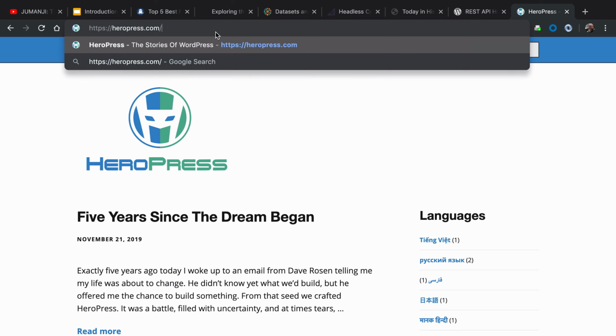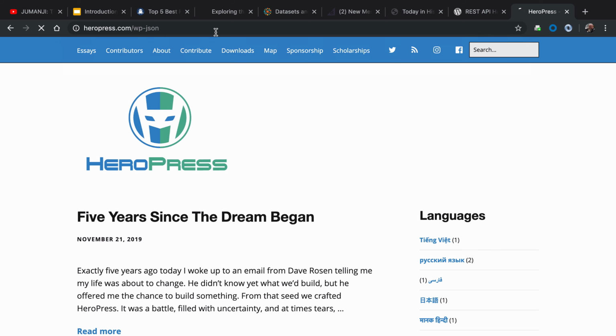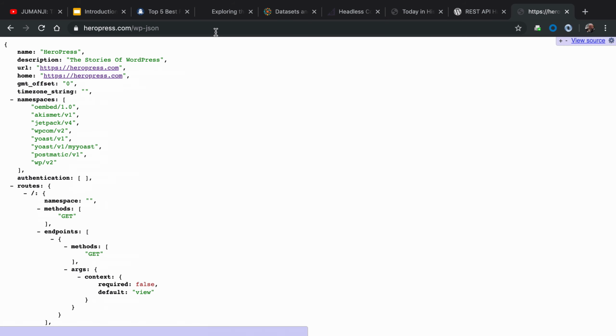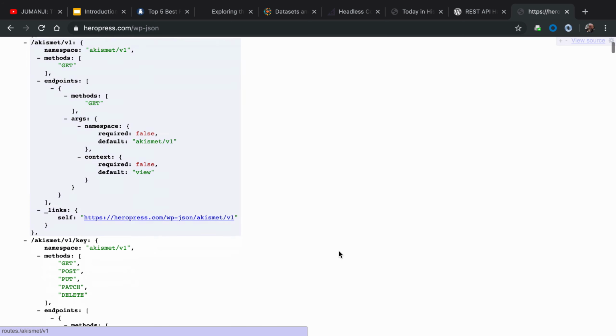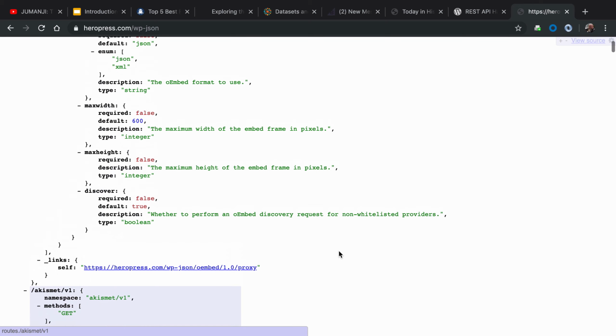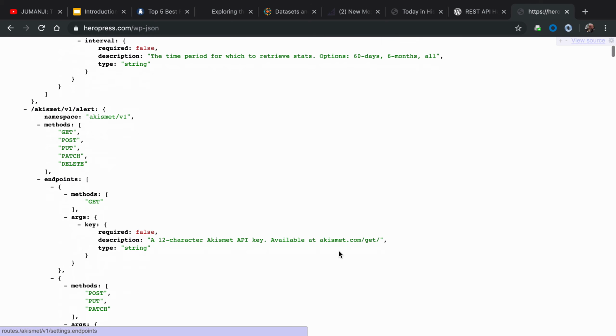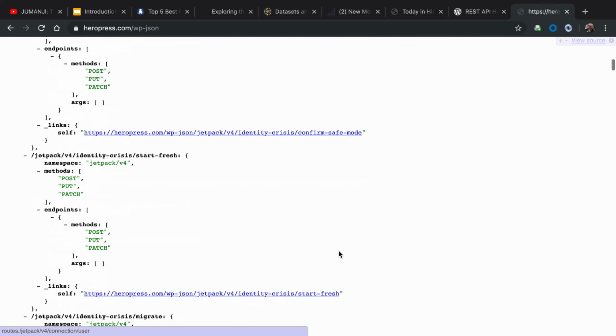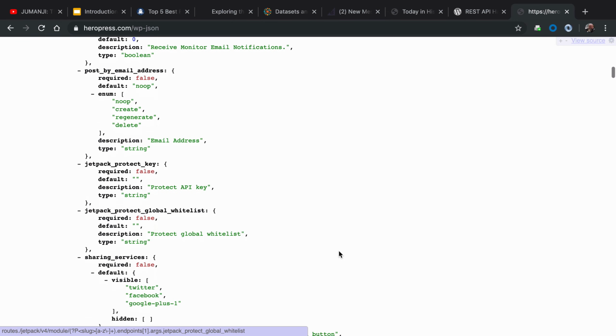If you go to /wp-json, there is basically everything, not just on this site, but about this site. You can see what plugins I have installed, all that stuff. Unless you turn it off, this is available for every WordPress site in the world. 35% of the internet is offering this data to you.